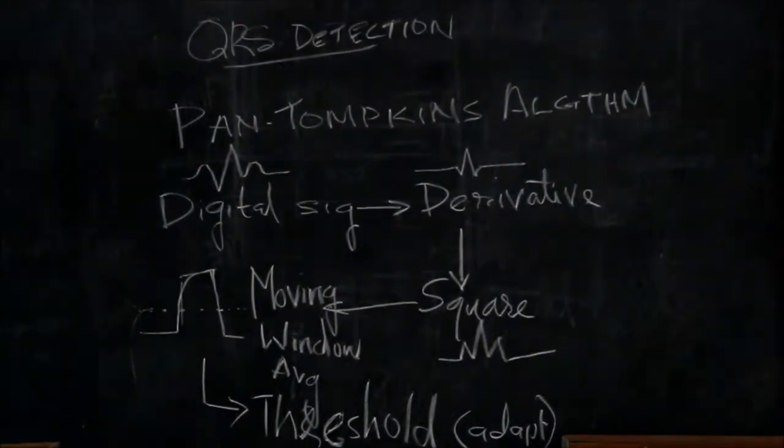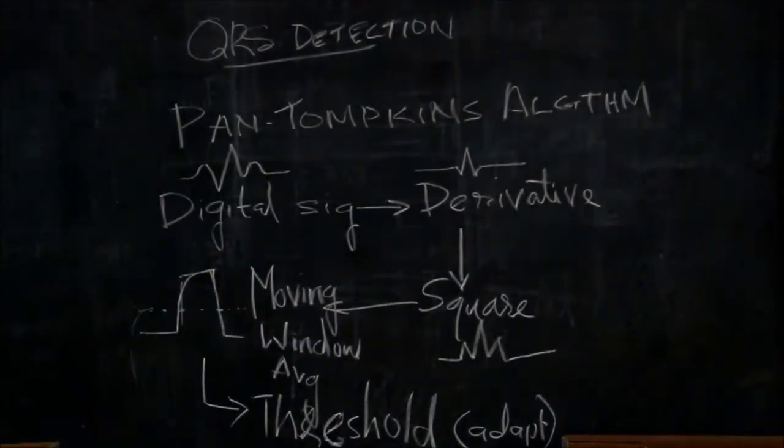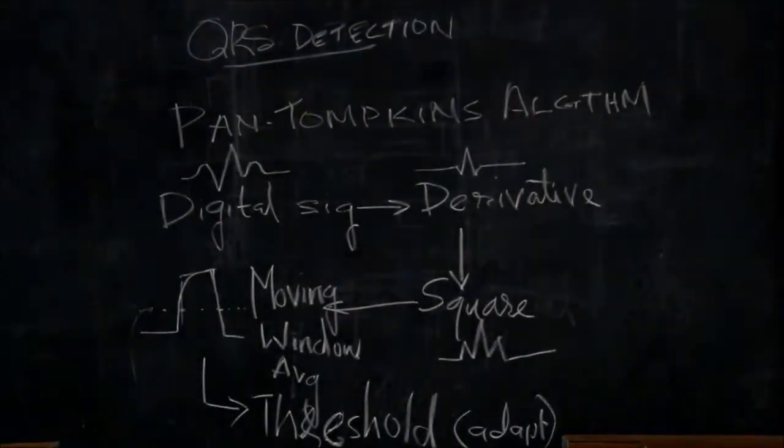Then it is passed to a squaring filter to make all the spikes positive and further to the moving window average so that all the consecutive pulses corresponding to Q, R and S are made into a single pulse. This single pulse corresponding to QRS is passed to an adaptive threshold filter, and the filter outputs 1 or 0 according to whether it is QRS or not based on a threshold, and the duration for which this is a signal gives the QRS width.